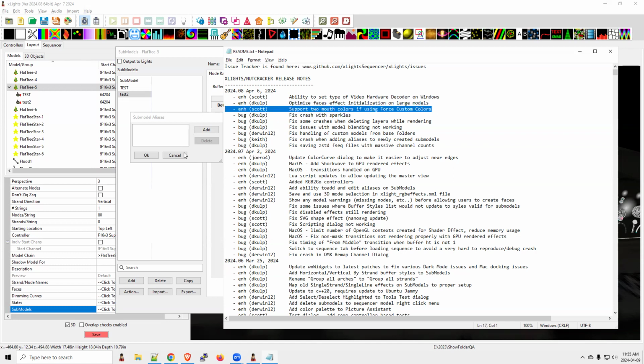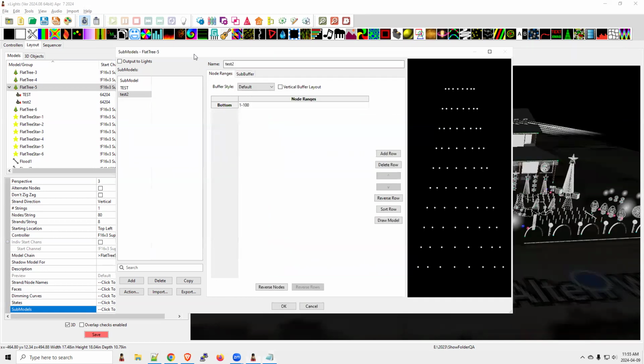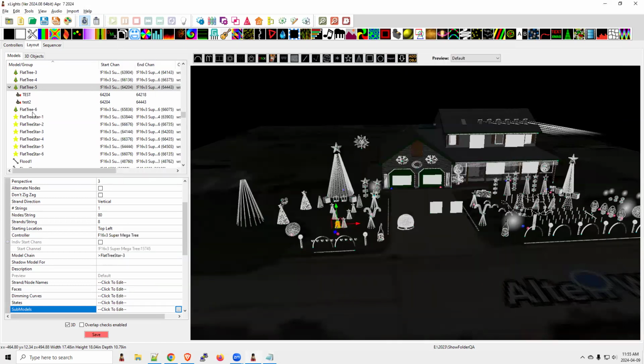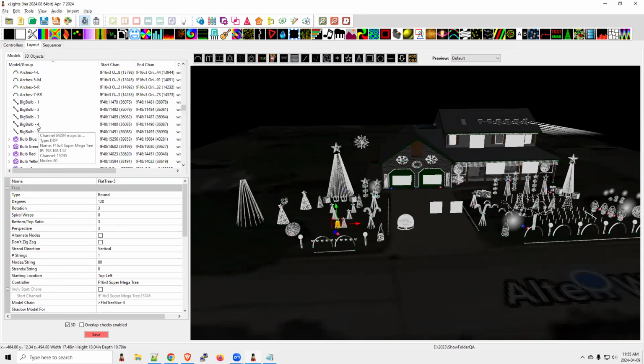Scott made an enhancement here. I haven't checked this one to verify, but I'm just going to see if I can figure it out. He says he's added a second set of colors. I'll close this too. So if I go to my bulb